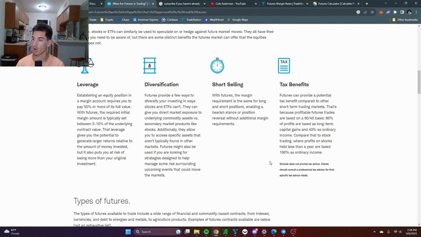And so for the next pro, we have short selling. With stocks, it is super hard to get an effective short and not have to pay a bunch of money in margin interest or have to locate shares and pay a ton of money to even be able to short a stock. That is super hard for some stocks. If it's Apple or something, you can easily short, but again, you're going to have to pay margin interest, which is kind of brutal. It's over 10% a year. So if you get stuck, it can just kind of ruin you.